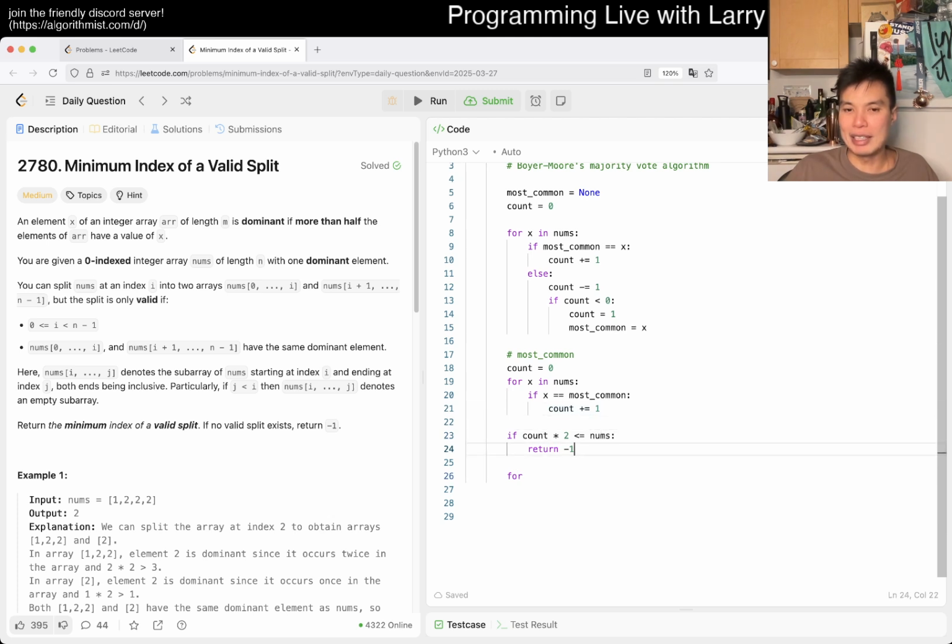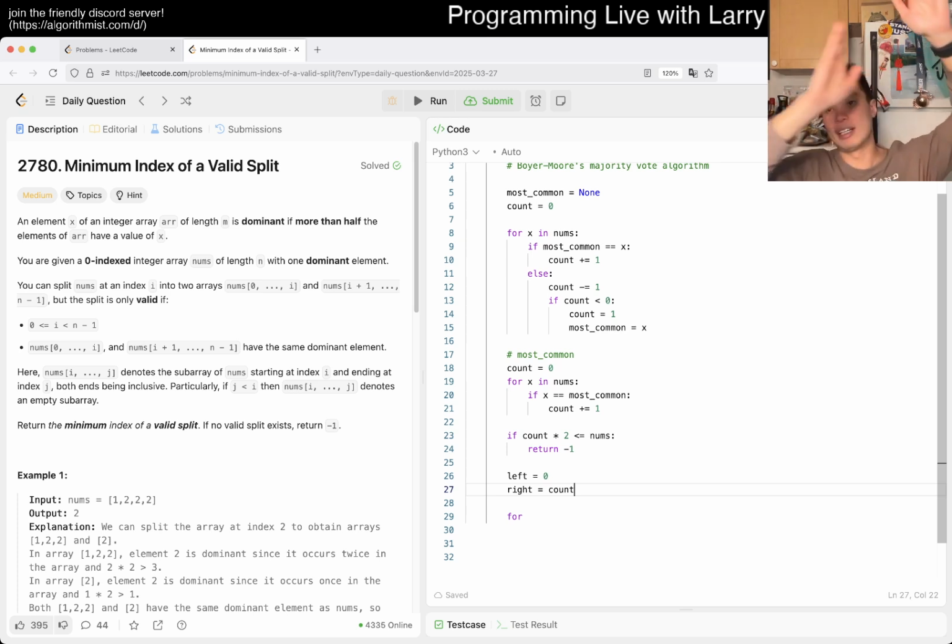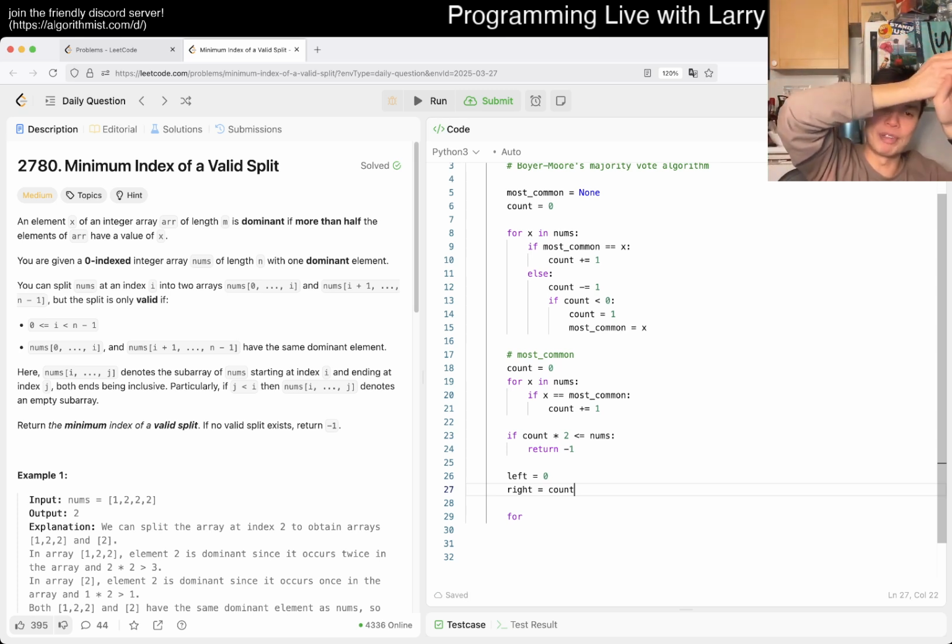It means that here now we can say a sliding or a scan line algorithm, where basically you just split from the left side you have 0, and then, oh sorry, right side you have count. So here it is just a sweep line, right, where you divide from the 0th index. So not a valid index because you need at least one element, but 0th index, this is what it looks like, right? So then now for x in nums again,